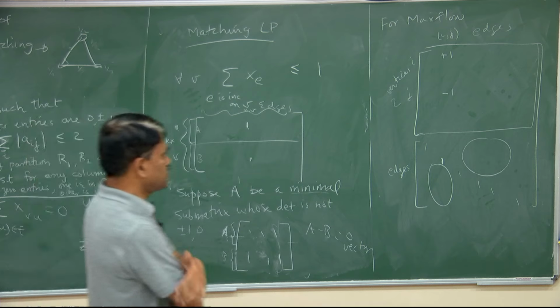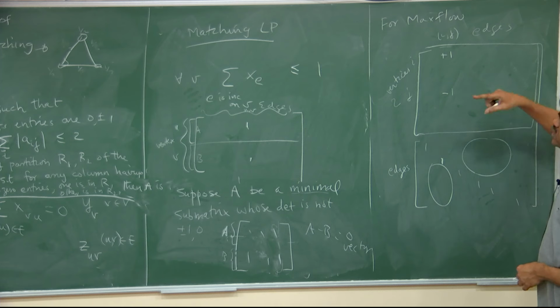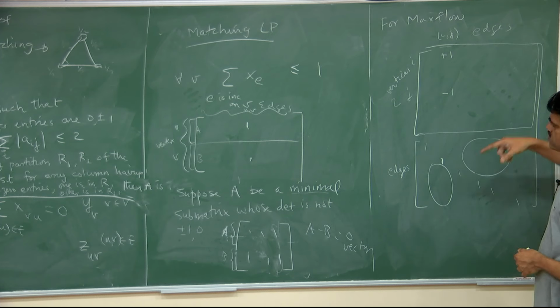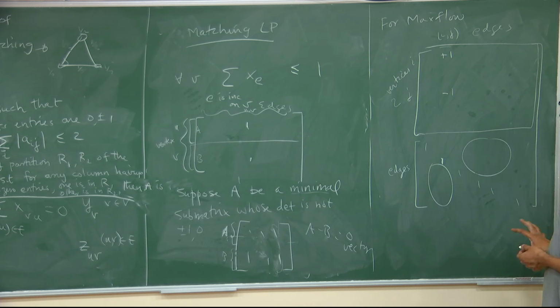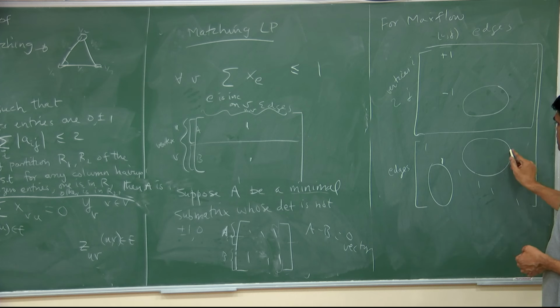So this matrix is totally unimodular, it's clear because of the same kind of argument. But why is every submatrix of this big matrix totally unimodular? If it includes some rows from here and some rows from here,